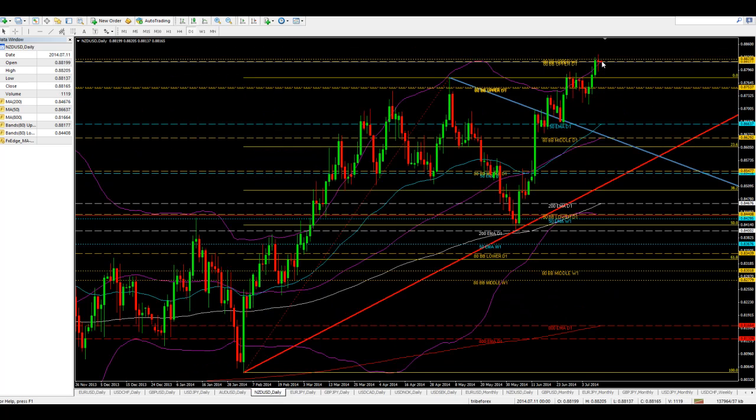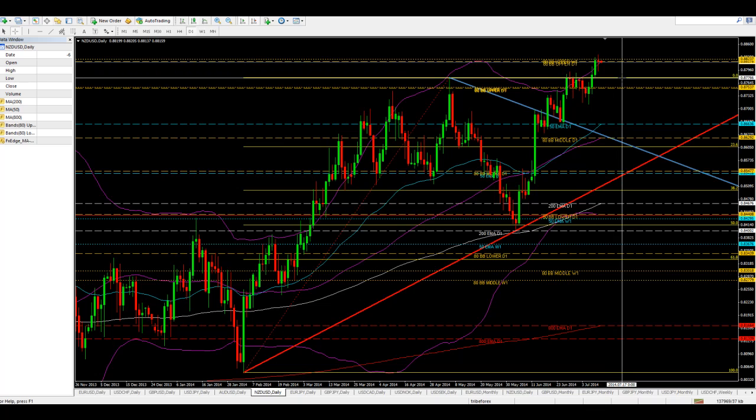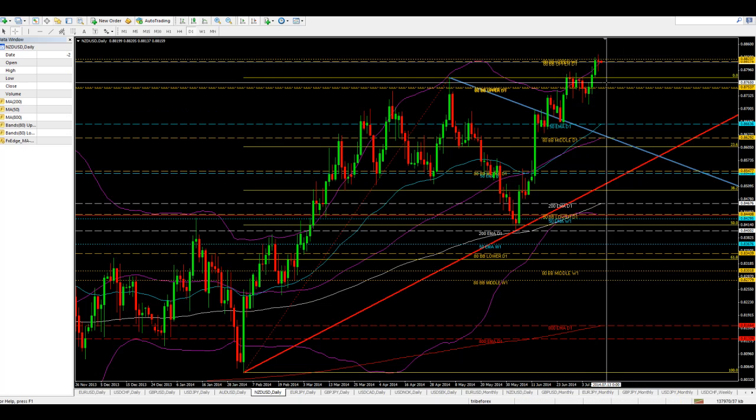New Zealand dollar, we're really at high highs, and we have a doji here, so I'm going to look for a sell right where it is right now at 88.16. I'm going to look for a sell down to 87.77 or 87.53. Those are the two areas I'm going to look for a sell down to. All right, and that is pretty much the New Zealand dollar. So a sell on the New Zealand dollar at current levels.